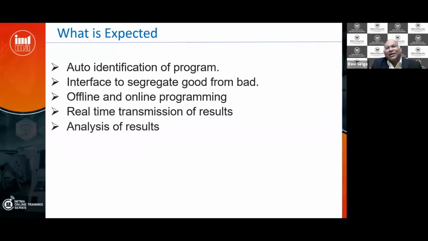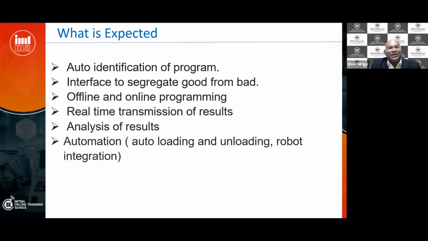Today, the whole globe is one family. I just want to measure a shaft here and maybe a hole in Germany, but still it has to assemble. But the methodology I have to adopt, the way I have to analyze the results, all things should be the same. So analysis of results and the software which gives me that option is more important.